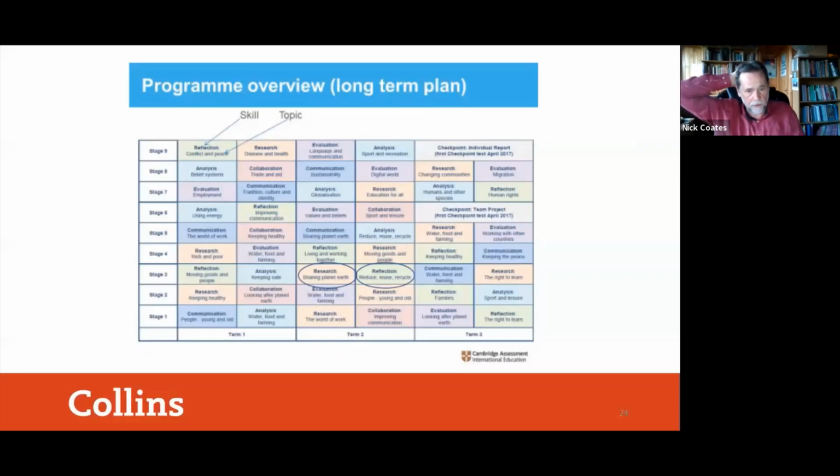The main skills are there, but also the topics, which Elaine referred to earlier. And if we look at stage 3, there are 2 topics that we've circled here, one called Sharing Planet Earth and one, reduce, reuse, recycle. And clearly what we were looking at just now on stage 3 science links into that. We're talking about materials,